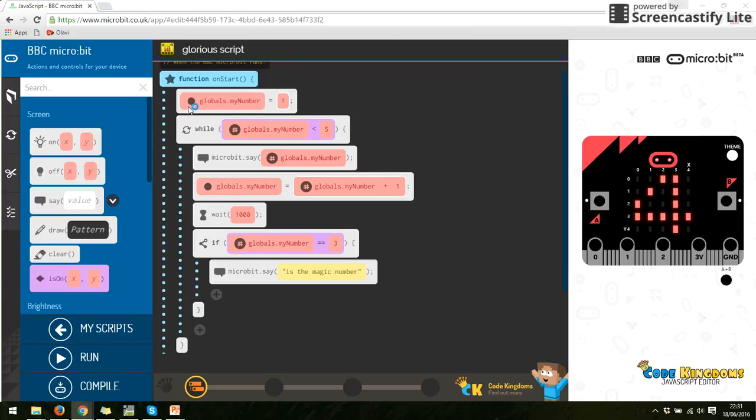So what the program does now, it says, right, set the variable my number to 1, check whether it's less than 5, and whilst it's less than 5, keep doing the next bit of code. Write the number on the microbit, take that number and add 1 to it, and make that what new my number is, wait 1000. Then check if my number equals 3. If it does, you're going to write is the magic number on the microbit, and then carry on. If it doesn't, you're just going to carry on. So the microbit should go 1, 2, 3 is the magic number, and then 4. That's what should happen. So if we run this,